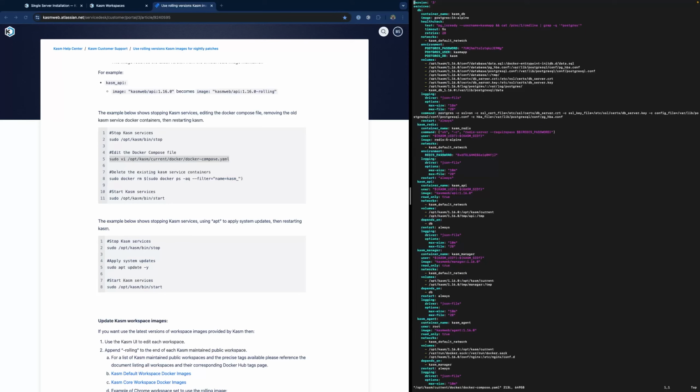We have about 8 services we want to go ahead and update. So here is the container for CHASM API. And then we'll just need to hit insert, and we want to add rolling to that image. Let's go ahead and look for image again. Manager, yep, we want to update this one as well. Insert dash rolling.